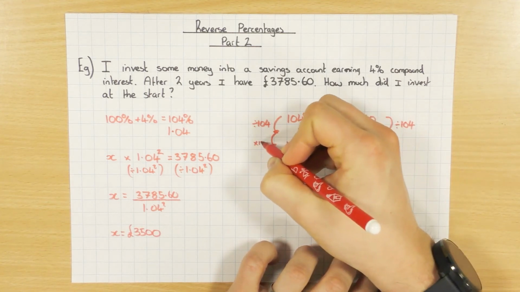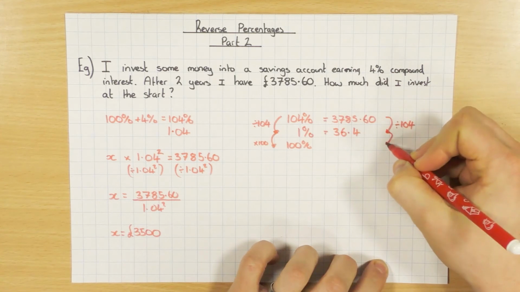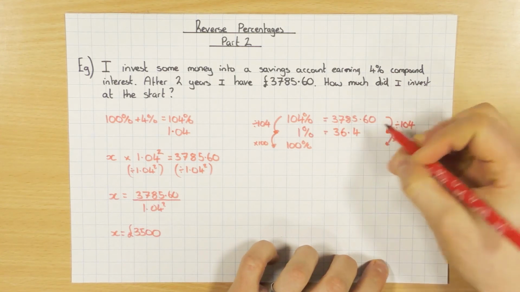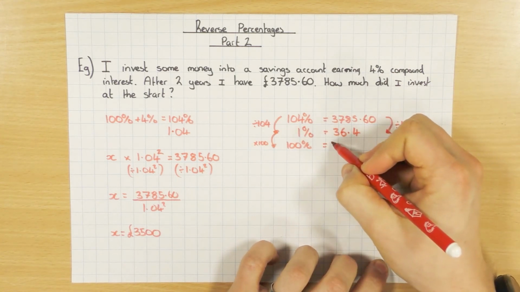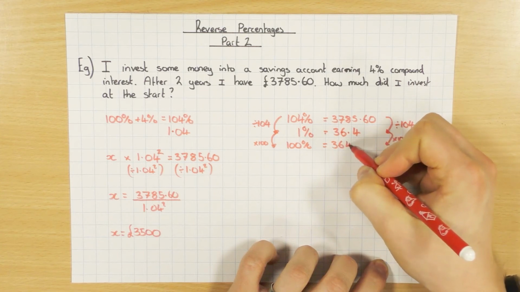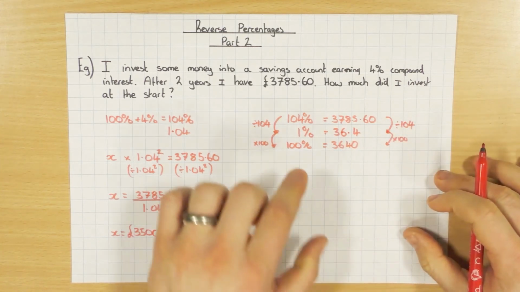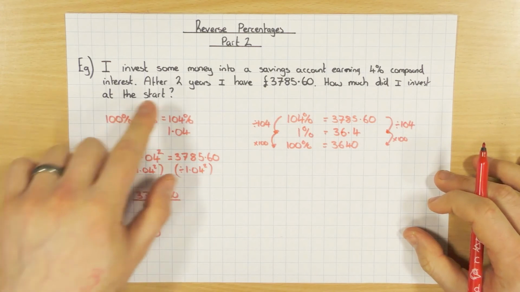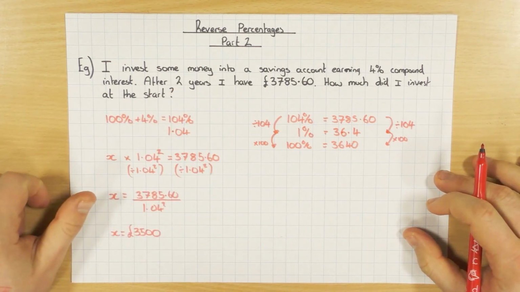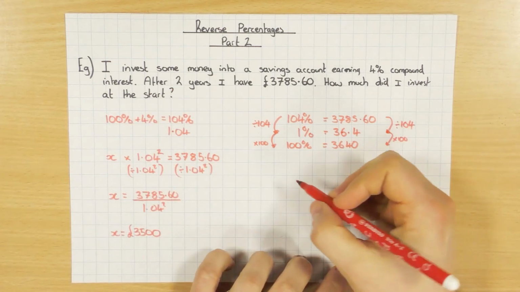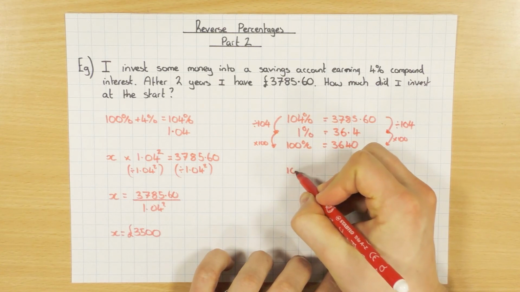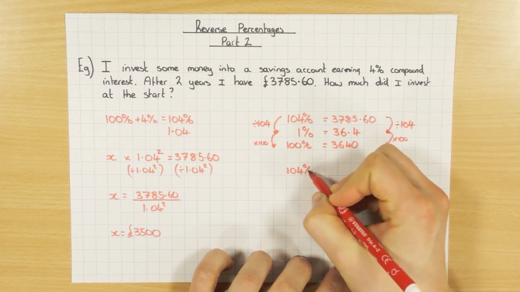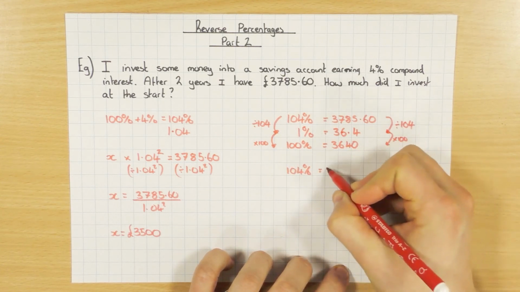So we times by 100, which of course will give us 3,640. Now obviously that will only go back 1 year. We need to go back 2 years. So all I do is exactly the same thing again, and I say, okay, well 104% equals my new amount, which is